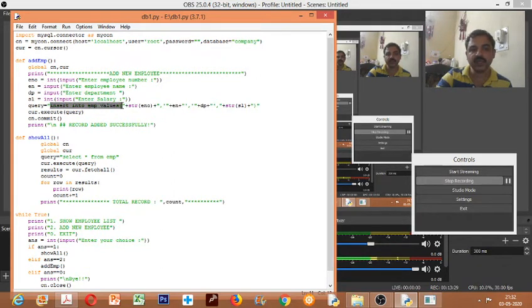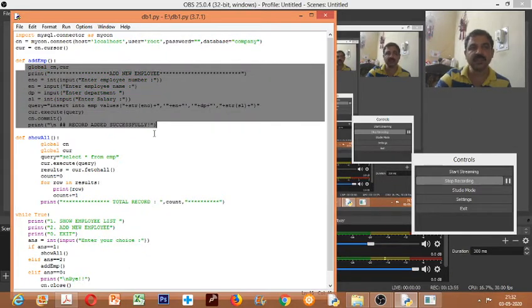The query has to be written in this manner along with some changes I told you. Then to execute this query, you need to write cursor.execute and pass the query. So it will be executed. Then you need to save it and display any message you want.